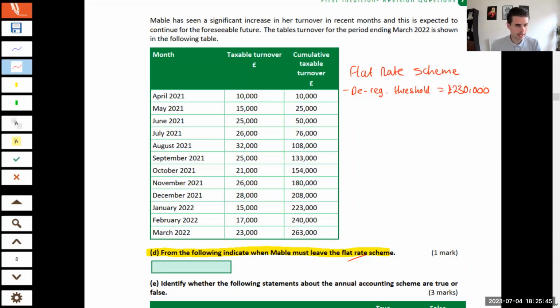Now, when we're looking at thresholds, we can do the past to future tests, can't we? We can look at turnover in the last 12 months, or we can look at expected turnover in the next 12. Remember, it can work both ways. I will look back at the actual over 12 months, or if within the next 12 months there is going to be a significant predicted change that will push me over the threshold, I will then have to deregister. So the idea behind that rule is it's HMRC's way of basically getting you booted off these beneficial schemes quicker, and then they can get you on your standard schemes,